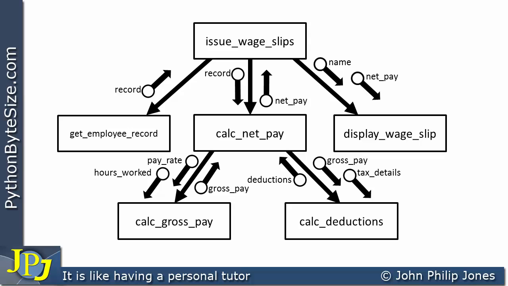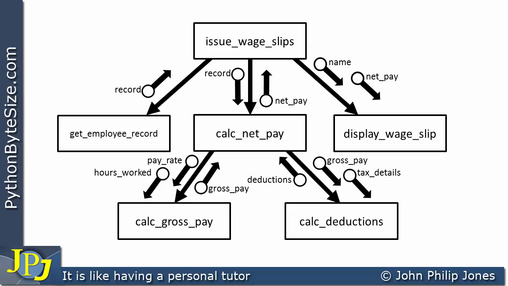For example, can I get rid of any of the modules? Well, the answer is I am going to. I'm going to get rid of this one here, issue wage slips. And I'm going to move this calculate net pay up to where the issue wage slips is. And I'm going to see how the data couples will then move through the new structure that I'm going to create to implement the same